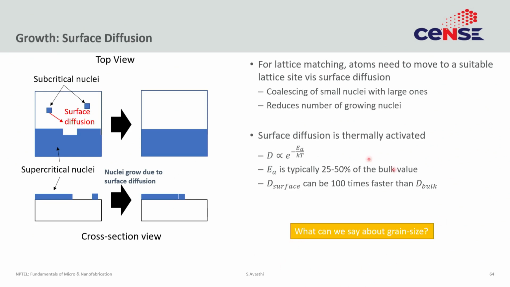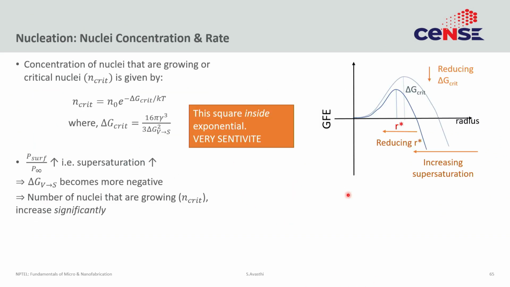With that insight in mind, let us talk a little bit about the distance between two nuclei. Till now, just to recap, what we have discussed is that nuclei will form if the supersaturation condition is achieved, and the more the supersaturation, the more the nuclei will form. But what is the average distance between the two nuclei? The average distance between the two nuclei will be, as you can imagine, a very strong function of grain size, or rather, it will lead to a difference in grain size.